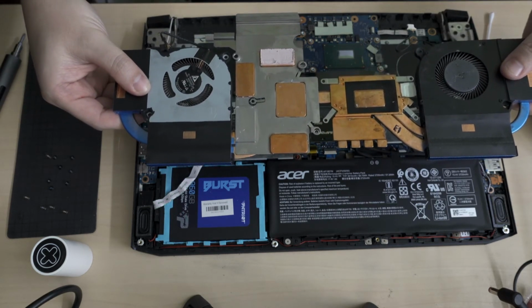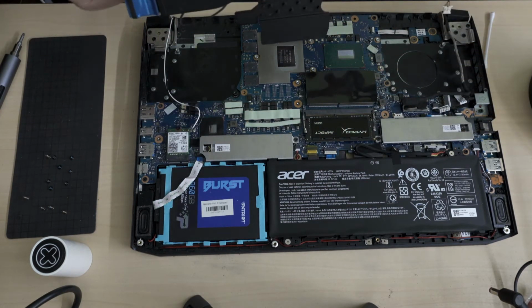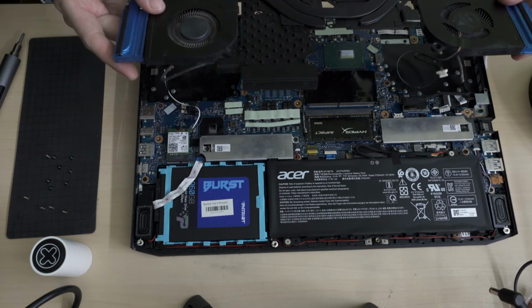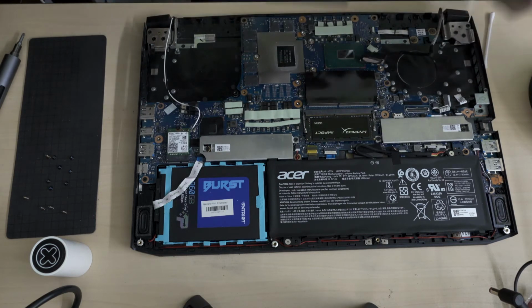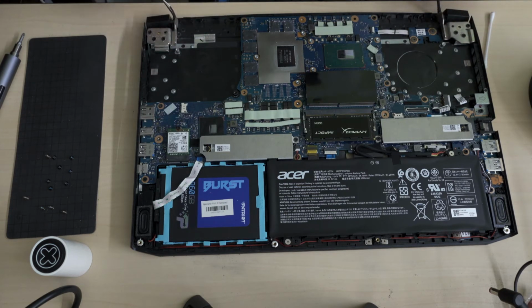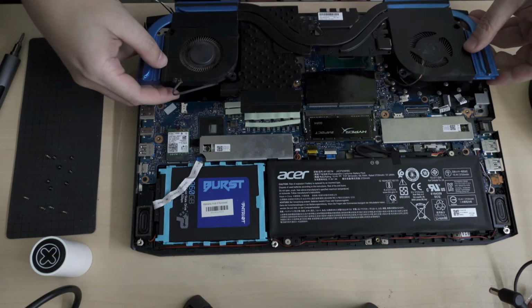So what I'm gonna do now is a trial run, because I'm going to have to put this thing back after I apply the thermal paste. It'll be there because there are some wires that could get in the way. So okay, I see. I have to put these wires down so they don't get in the way, so I can basically, after I apply the thermal paste to everything, look straight down